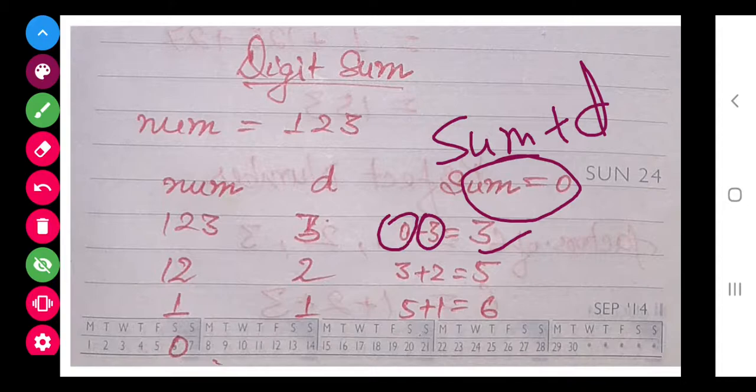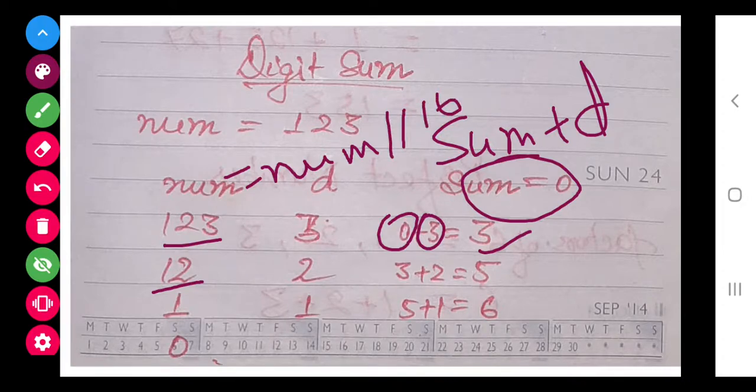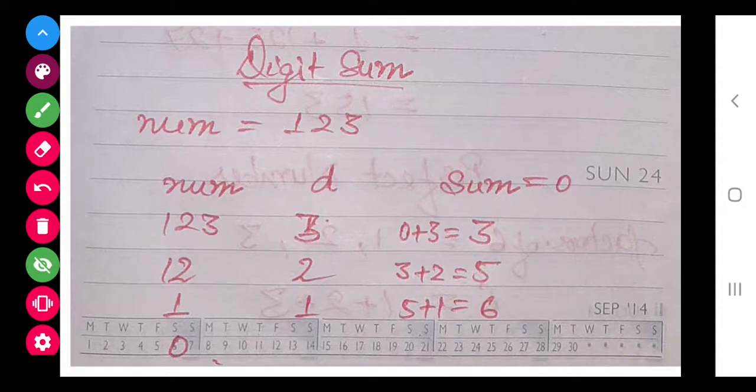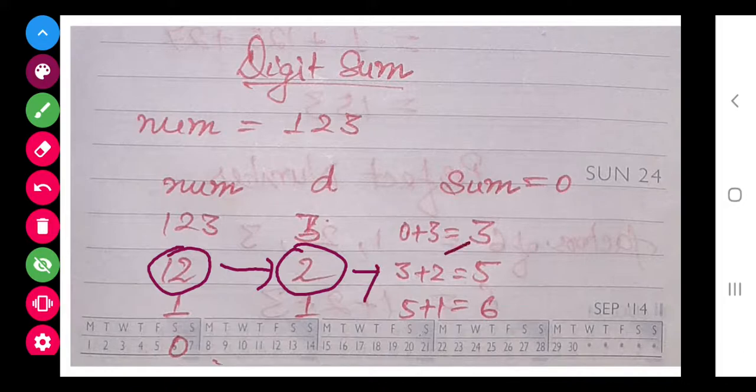Now for the next time I want 12 from this. So I have to give the statement num is equals to num double divide 10. On dividing a number by 10, what will be left? The quotient in integer. I am using double divide, so only 12 will be there. If I use single divide, then 12.3 will be there, but I want 12 only. Similarly, now the next step, on doing the mod of this by 10, you will get 2. On sum, 3 plus 2, 5.